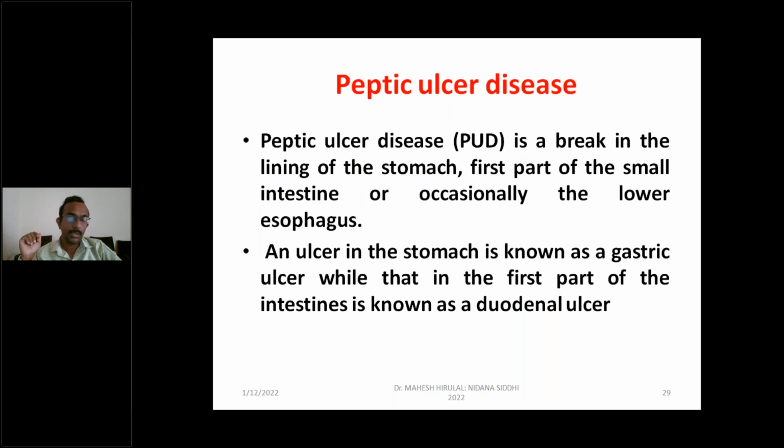So in the contemporary understanding, we have a very important concept of the peptic ulcer. Peptic ulcer disease: our stomach is acidic in nature, and the stomach contents are acidic. For that, there is a lining for the protection of the stomach. If that part is broken down, that continuity is lost, then it is called an ulcer. If it is due to the peptic acid, then it is peptic ulcer disease. If it is mainly in the stomach, then it is a gastric ulcer. If it is in the duodenum, then it is a duodenal ulcer.